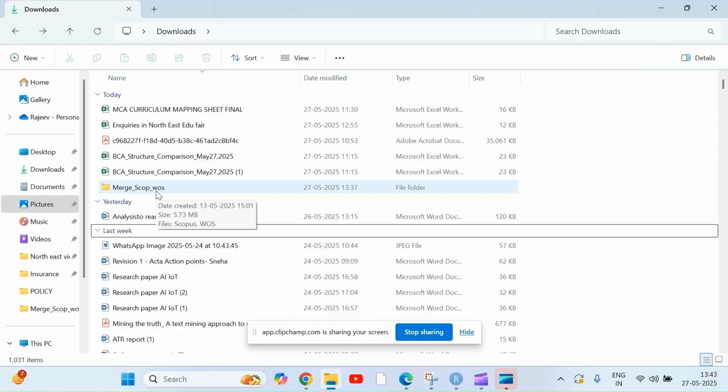So hi everyone. Today I'm going to explain how to merge Scopus and Web of Science data. Most research scholars come and ask, sir, I have extracted data from Web of Science, and I have extracted data from Scopus also. Now I want to merge both data sets. If there are some duplicate rows or duplicate data, they will be removed, and then I will perform the bibliometric analysis